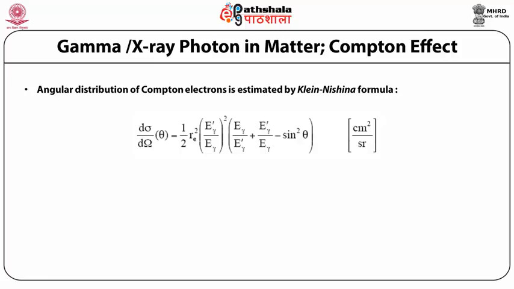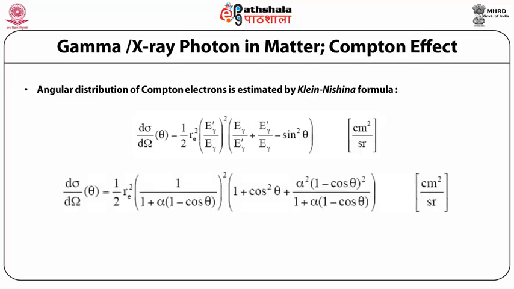over E gamma dash plus E gamma dash over E gamma minus sin square theta, and the unit of this is centimeter square per steradian, where E gamma is the energy of the incoming photon, E gamma dash is the energy of the scattered photon, theta is the angle of scattering of photon with respect to the initial direction of